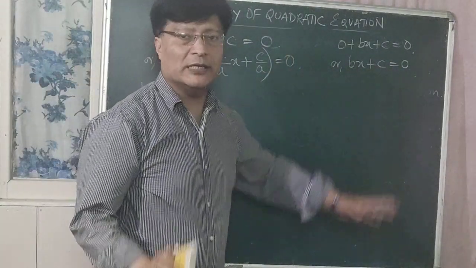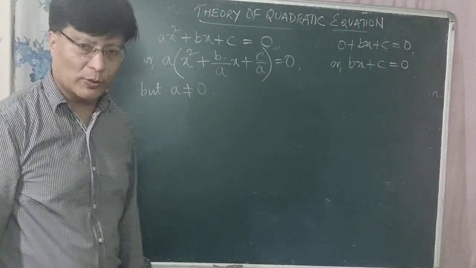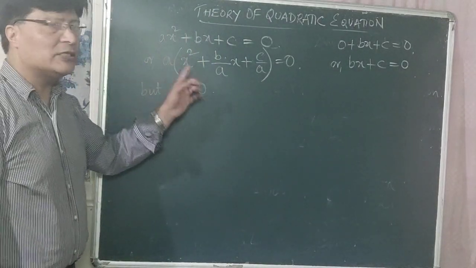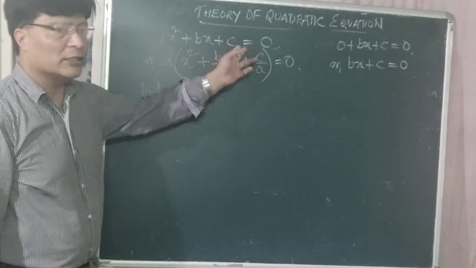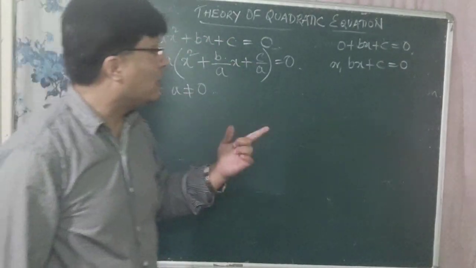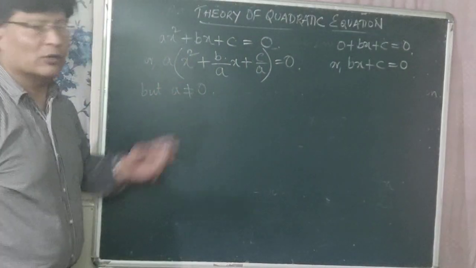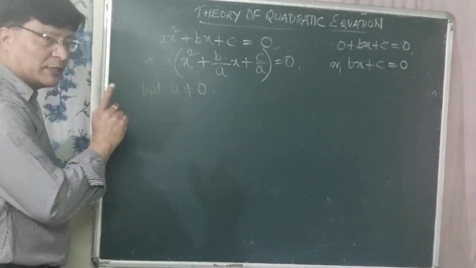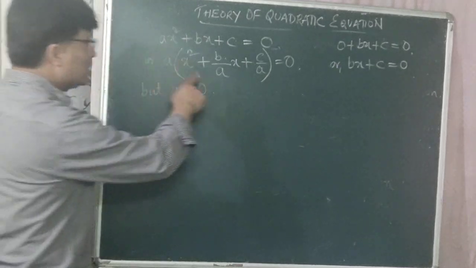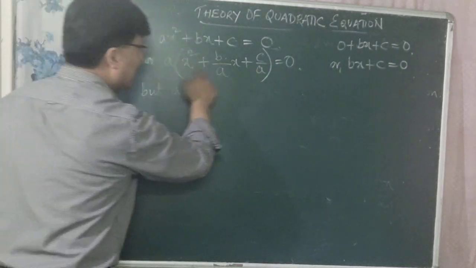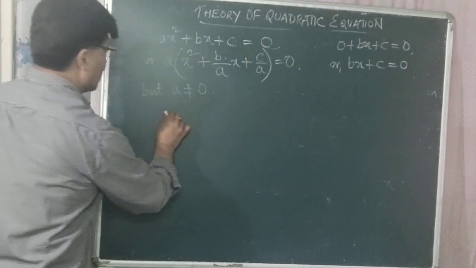So this equation is no longer a quadratic equation. If a is equal to 0, this equation will no longer be a quadratic equation. That's why a is not equal to 0. For it to be a quadratic equation, the second factor has to be equal to 0. Therefore,